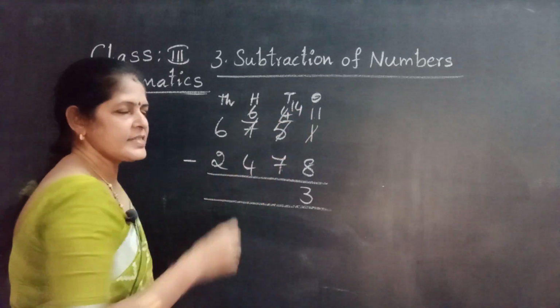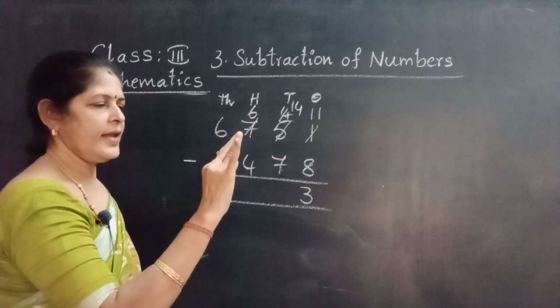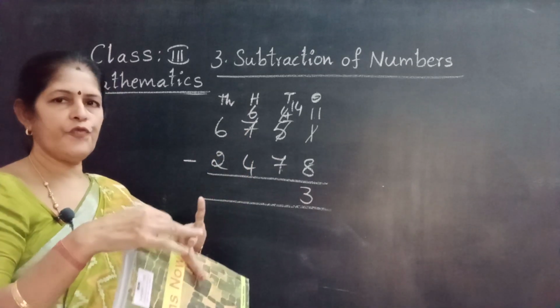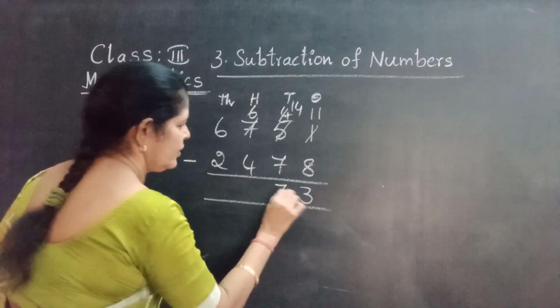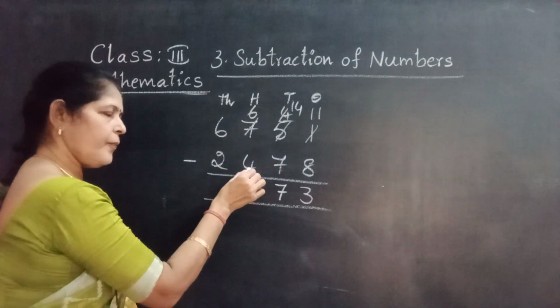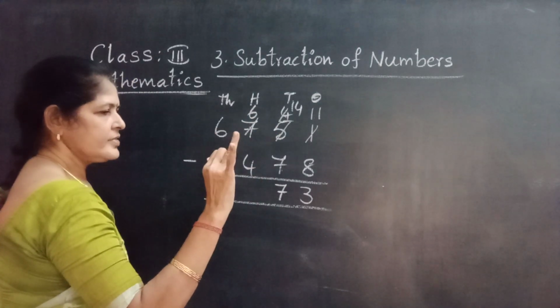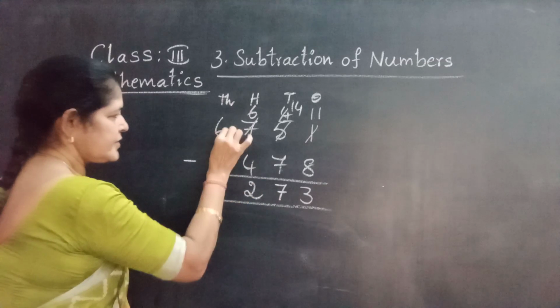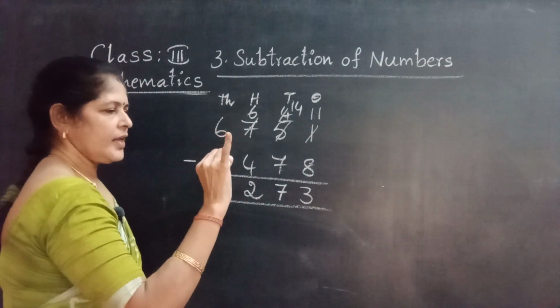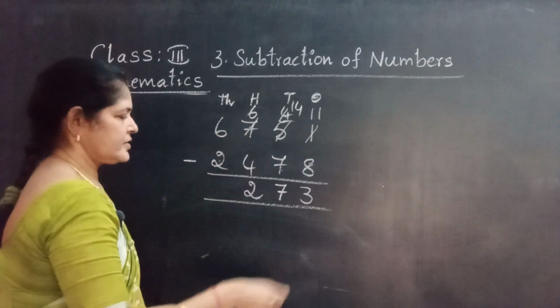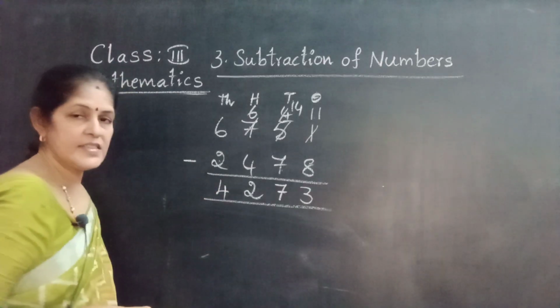Now 14 minus 7. 8, 9, 10, 11, 12, 13, 14, 7. Now 6 minus 4 possible. 5, 6, 2. 6 minus 2. 2 after 3, 4, 5, 6, 4. The difference is